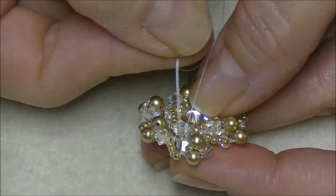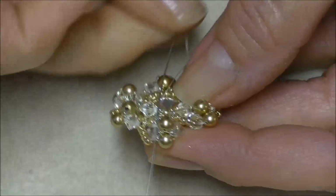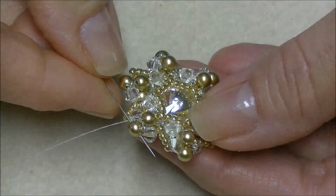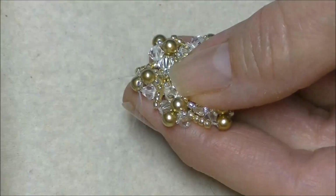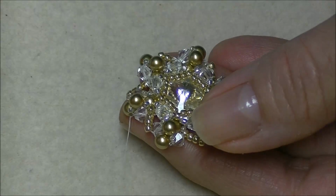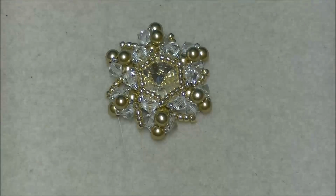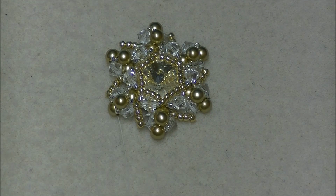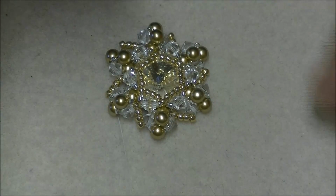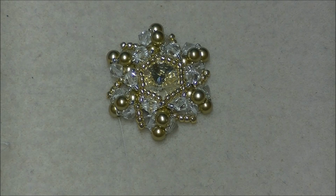Now we're coming out of the little drook on the bottom here. We're going to go ahead and go up through this crystal again, right here. And then we're going to go through the 4mm round bead on the top here, underneath our embellishment in our original unit. And then we're going to pick up a 15-0 seed bead and a 4mm round bead. These beads are just really arguing with me today. I don't know why. And then a 15-0,